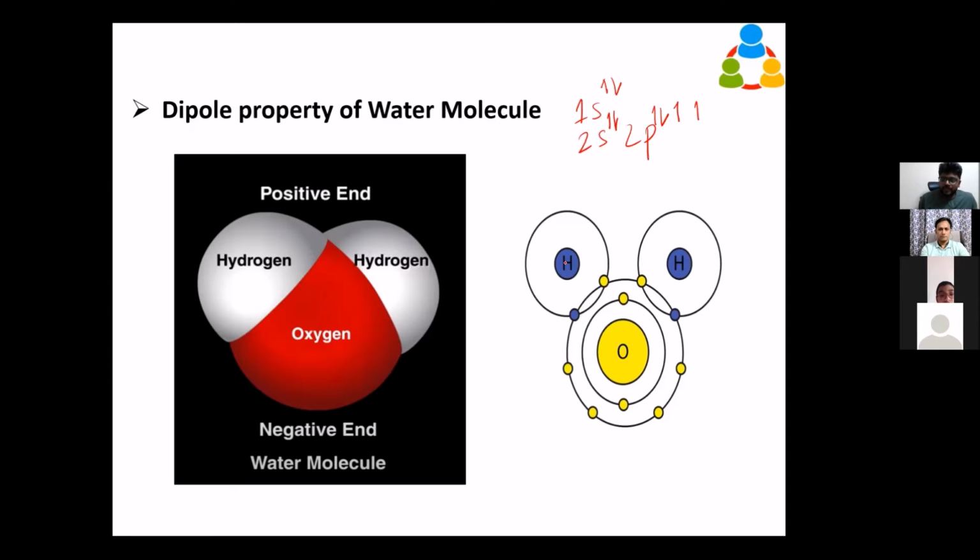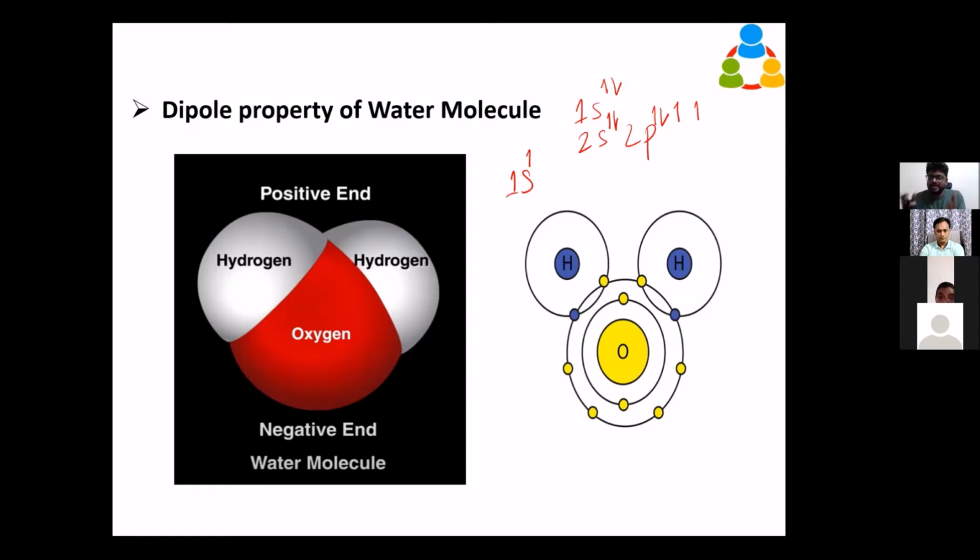Those 2 electrons can be offered by the hydrogen atoms, because a hydrogen atom has only 1 electron. If you put its electronic configuration, only 1 electron is there, so it can also accommodate 1 more electron. So the hydrogen atom needs 1 more electron, and the 2p orbital of the oxygen atom needs 2 electrons. So what happens? The oxygen atom and 2 hydrogen atoms form covalent bonds. Mutual sharing happens and it becomes a complete, stable molecule. Like that only, molecules form. Why are molecules forming? Why can't an atom sustain as a stable atom?